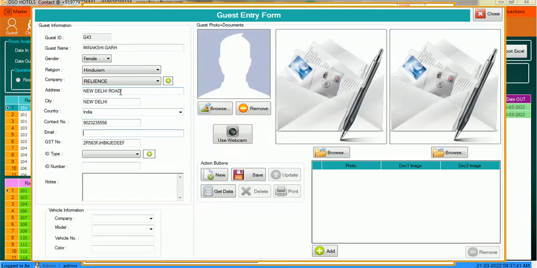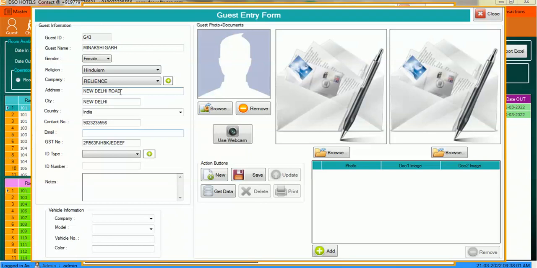And we also have an email ID facility. If you don't want to give a hard copy to your guests, just give them a soft copy of the invoices like check-in, check-out, reservation, any room services. Whatever email ID you put here, the mails go there automatically.